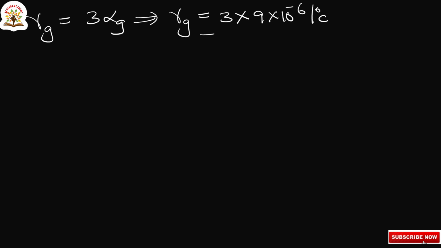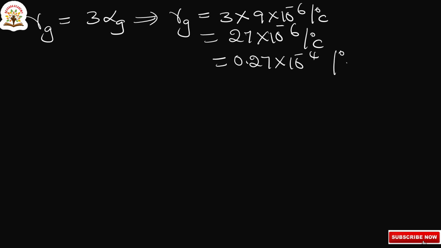So this is equal to 9 3s are 27 into 10 to the power of minus 6 per degree centigrade. So this can be written as either 27 into 10 to the power of minus 6 or 0.27 into 10 to the power of minus 4 per degree centigrade. So therefore